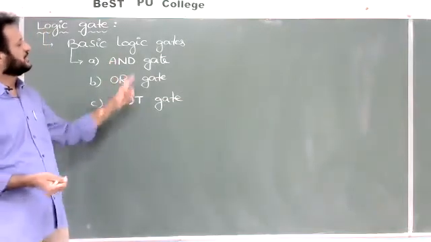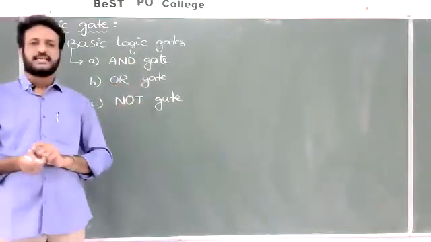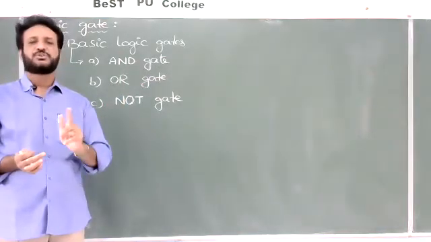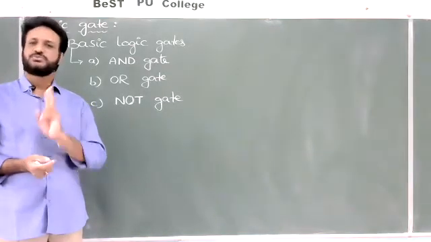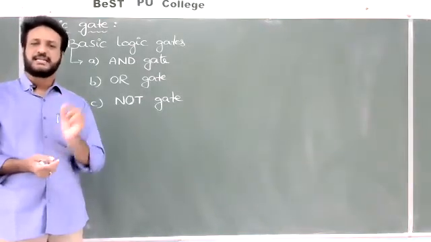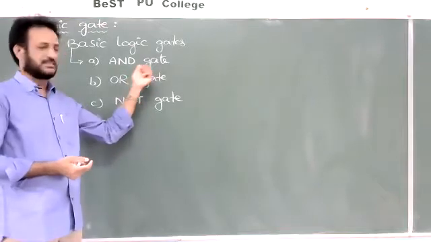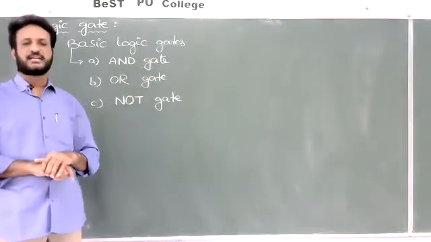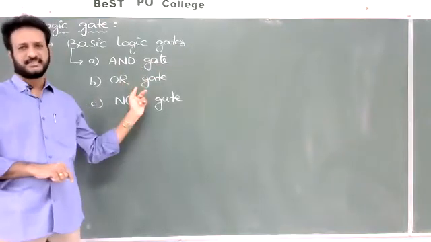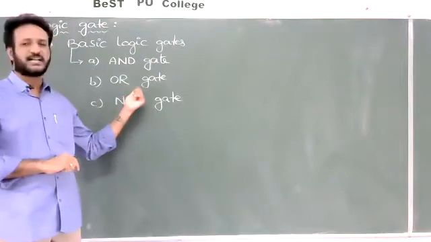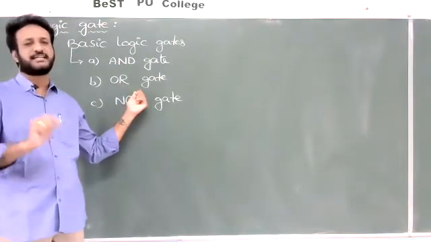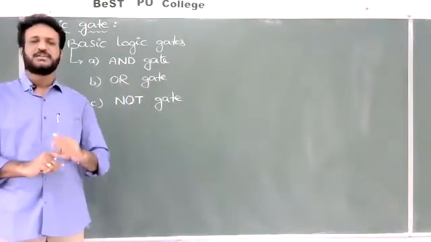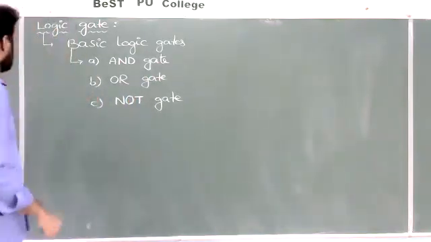We'll discuss that for each and every logic gate there is a symbol, a Boolean expression, meaning a formula, and also a truth table. In the final exam they will ask 2 marks, a very important question: write the circuit symbol of the AND gate, write the truth table of the AND gate, or write the Boolean expression of the AND gate. In the same way, write the truth table of the OR gate, write the symbol of the OR gate, write the Boolean expression of the OR gate. This type of question will be asked for 1 mark or 2 marks, important. Now first we will discuss the AND gate.